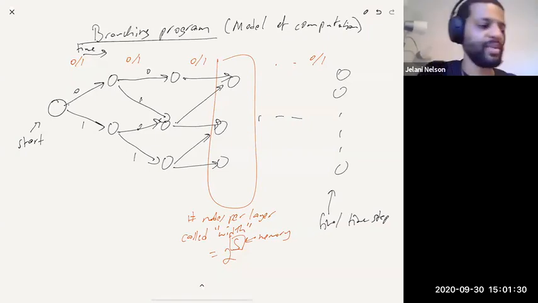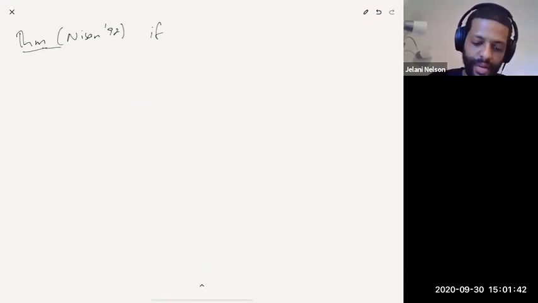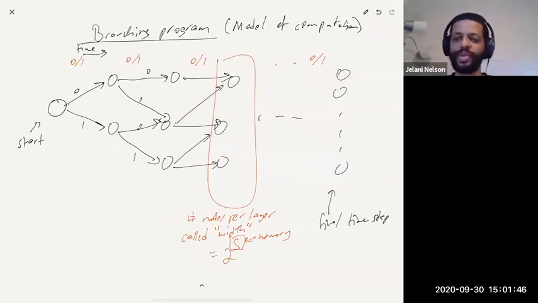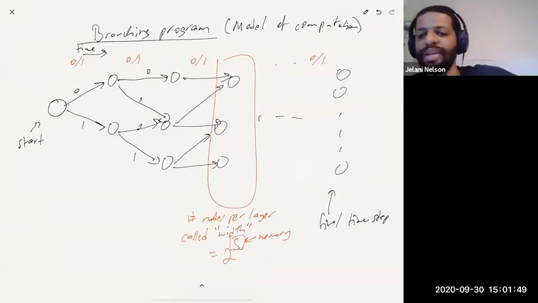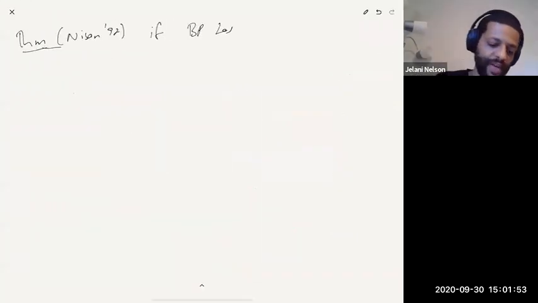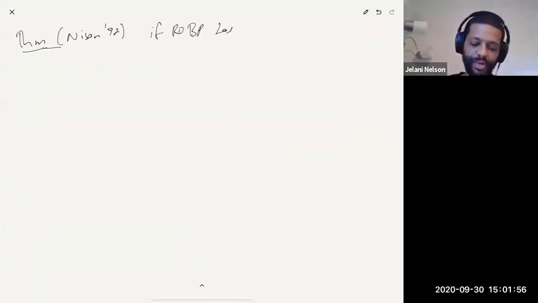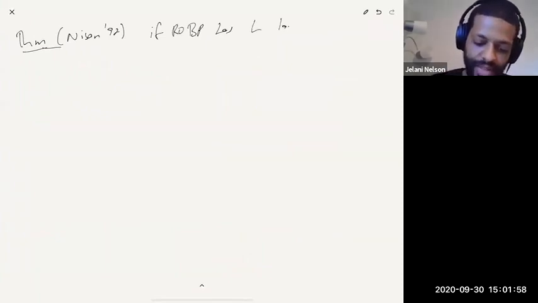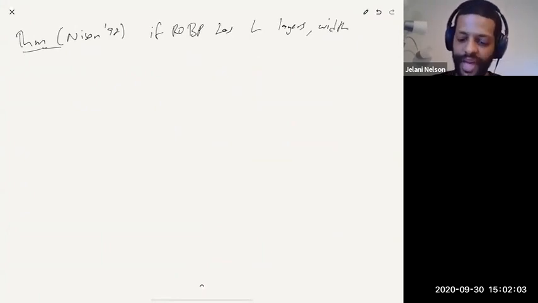So now what? So now, theorem. This is due to Noam Nisan in 1992: if the branching program has, and by the way, this is called a read-once branching program, because you're never allowed to go back in time and read a previous input. You have to read the inputs in a streaming fashion. So if you have a read-once branching program that has, let's say, L layers and with 2 to the s,